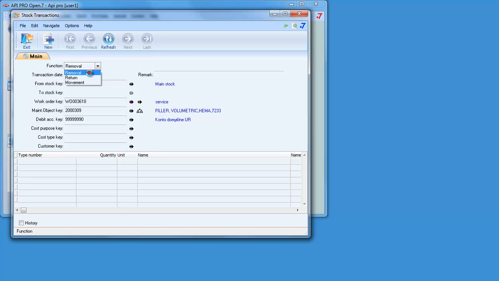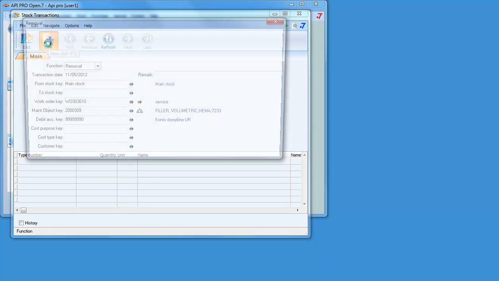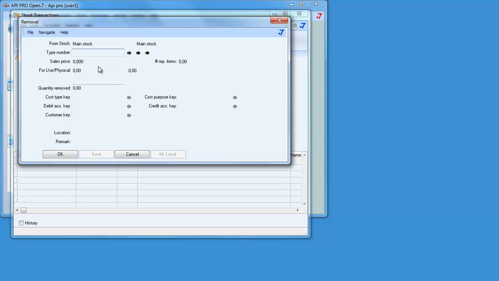Making a removal, we select new. When we need to make the move here, we have different options. We need to add the spare part. In this case we have 3. We can either use the list and get the entire list,